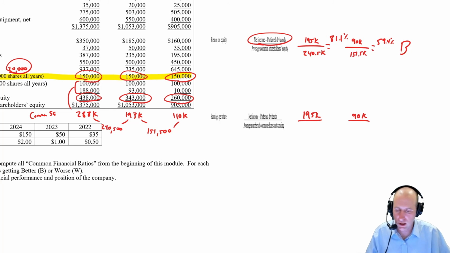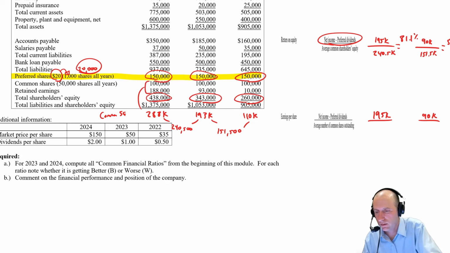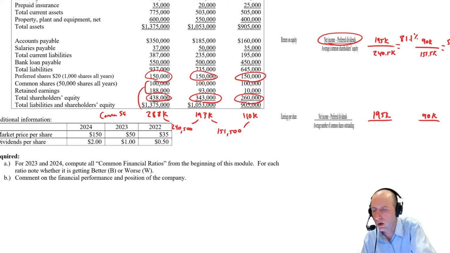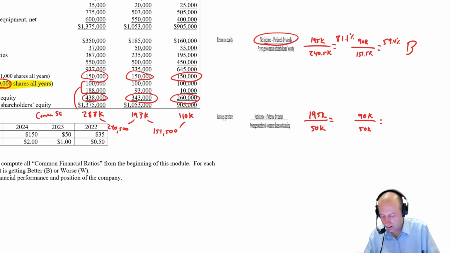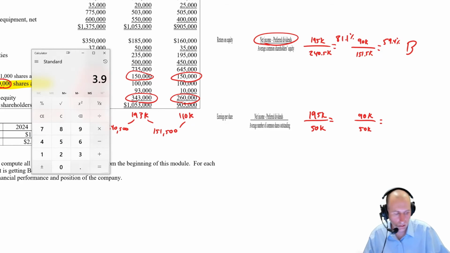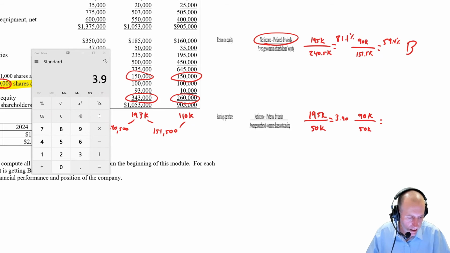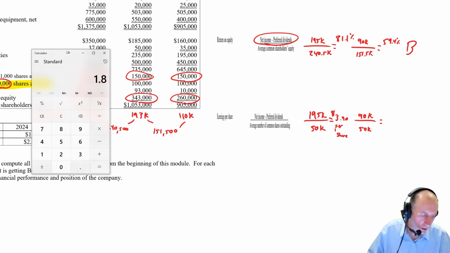The number of common shares outstanding, and again, this can get complicated. Here we've simplified it. If you take a look at the common shares row here, it says 50,000 shares all years. So what's the average number of common shares outstanding? Well, it's 50. 195 divided by 50 and 90 divided by 50. 3.9, $3.90 per share, and 90 divided by 50, $1.80